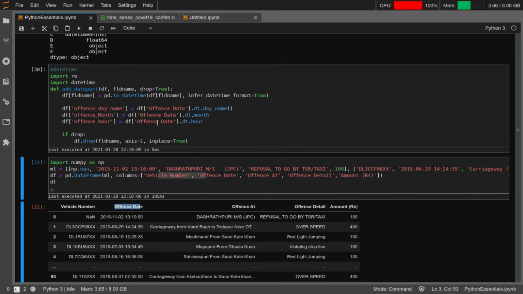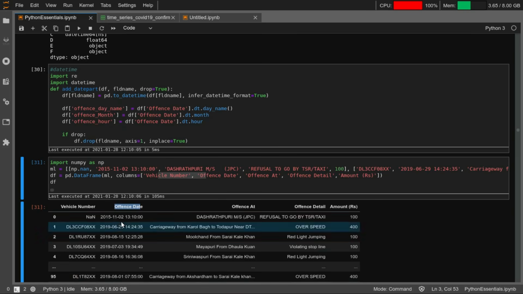If you had just a vanilla string, extracting the day or month or hour would not be as simple as this. You would probably end up writing a few more lines of code to do that. It's still possible, but it will take some hard coding in your code base, right?